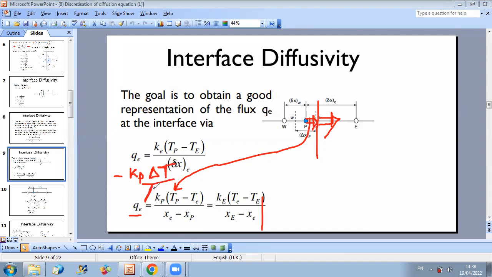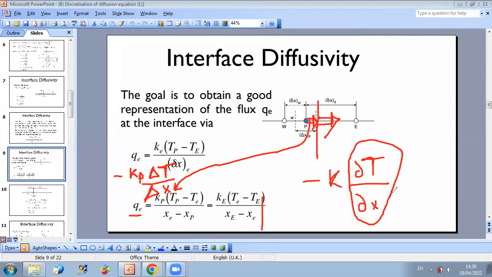And delta T over delta X is the temperature gradient, you know that in general. We converted it here to numerical, but originally the conductivity coefficient is minus K del T by del X. But since we are doing numerical interpolation, we can approximate the gradient of temperature by delta T over delta X. Delta T over delta X will be the temperature at east minus the temperature at point P over the distance between them. So it's minus K, temperature at east face,